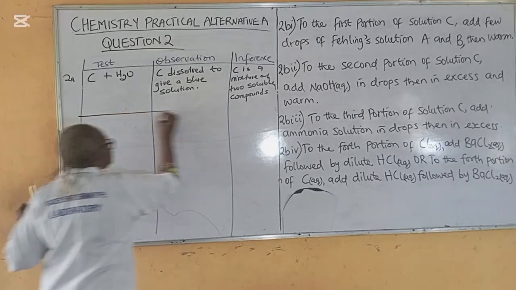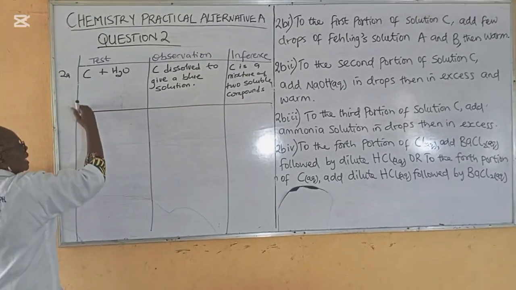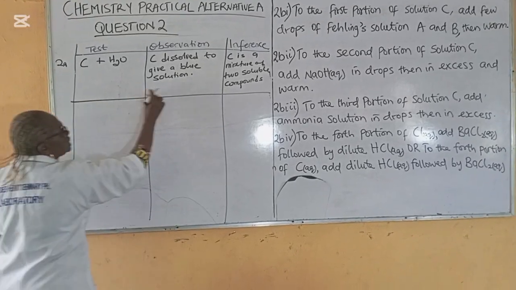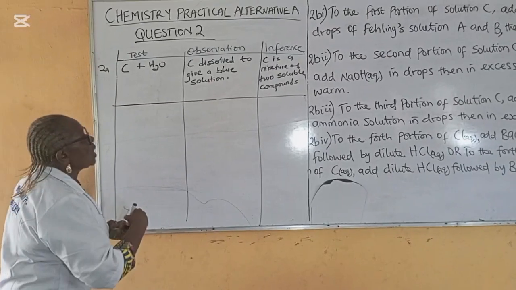You underline. Most times when you underline, you give a line gap in case there is something you have forgotten to write. You can see where to put them. That's the first thing. Then we are going to